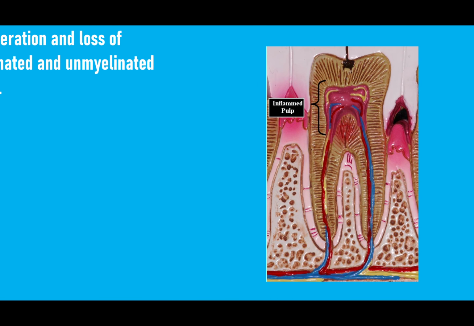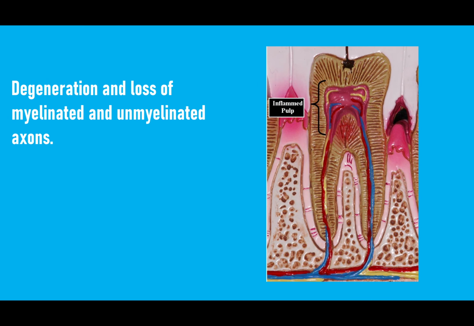Number fifth change that happens in pulp with age is degeneration and loss of myelinated and unmyelinated axons. It's because when the pulp space becomes smaller and smaller due to the secondary dentine deposition, there is a change that decreases the space for the nerve fibers. As a result, there is degeneration and loss of myelinated and unmyelinated axons, and this results